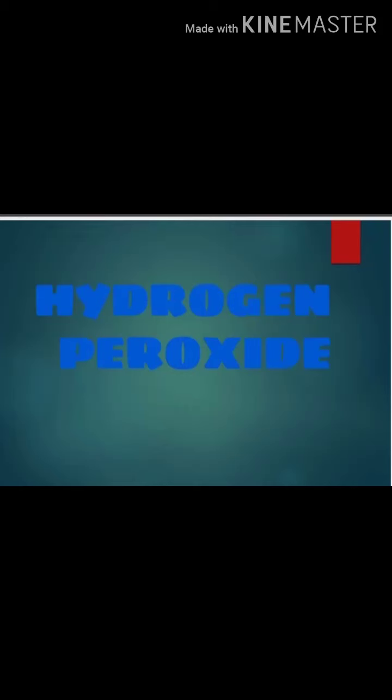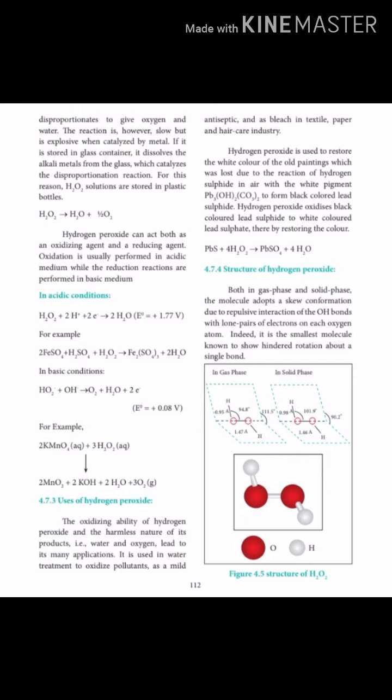Good morning. Chemical properties of hydrogen peroxide. In acidic conditions, hydrogen peroxide gains hydrogen and electrons and gives water molecules. For example,